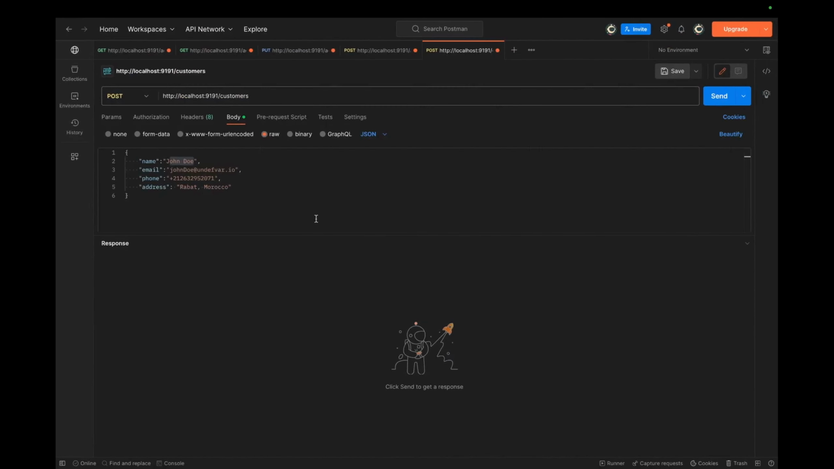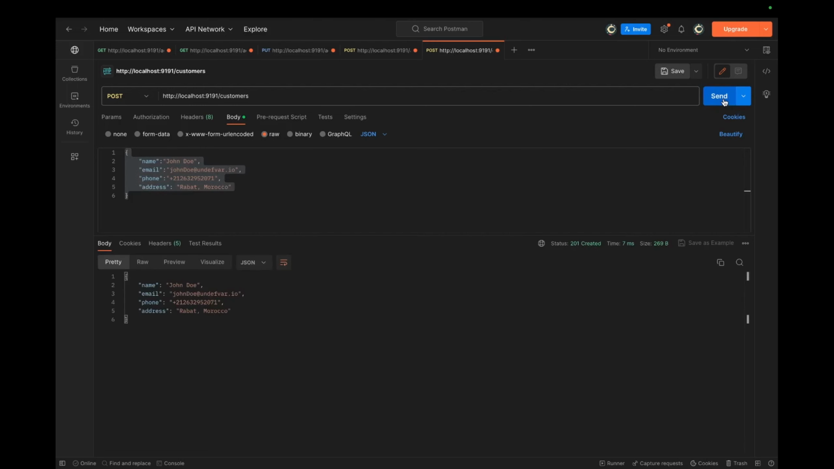Okay, so now to test this application, we have set up an endpoint here, customers, on this domain, localhost 9191, and it's a post request. So this post request is sending in this payload, okay? The name, the email, phone number, and address. So when I send this, I should receive a response of the same object because that's the logic we wrote in our application. Okay, we assume that it's going to be storing some type of data store for us, but